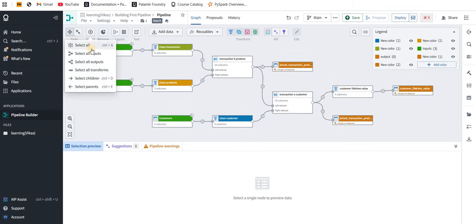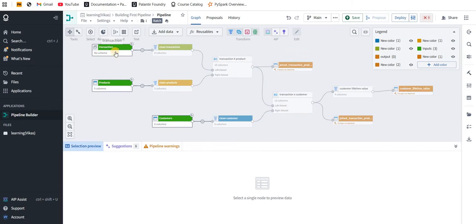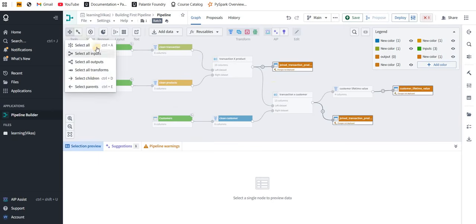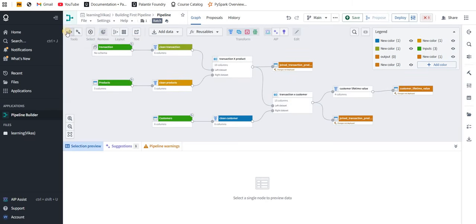If you want to select all input nodes, only the input nodes get selected. Similarly, if you want to select all output nodes, these three have been highlighted. There is similar functionality you can check out. So this is about selecting the nodes.